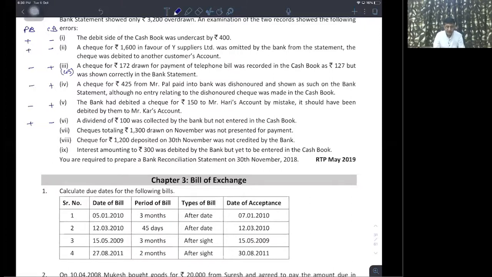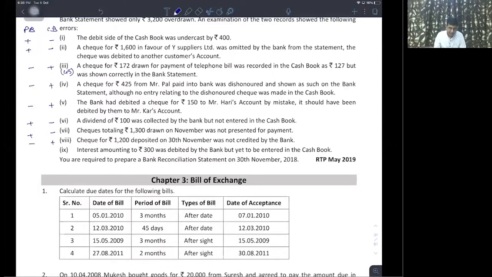Checks totaling rupees 1,300 drawn on November was not presented for payment. Check issued but not presented. आपने ओडी बढ़ा दिया बट द बैंक ने अभी तक ओडी नहीं बढ़ाया, सो सीबी टू बीबी लेस, पीबी टू सीबी ऐड लेस। चेक फॉर रुपीज 1,200 डिपॉजिटेड नॉट क्रेडिटेड, आपने लेस कर दिया क्योंकि आपने डिपॉजिट किए थे, सीबी टू बीबी ऐड, पीबी टू सीबी लेस, सो लेस एंड ऐड।